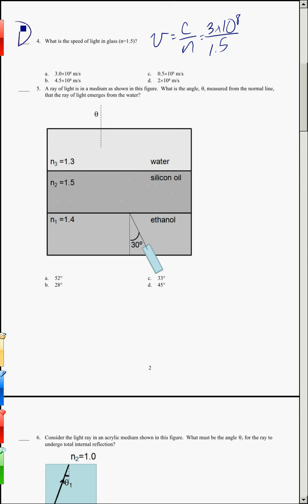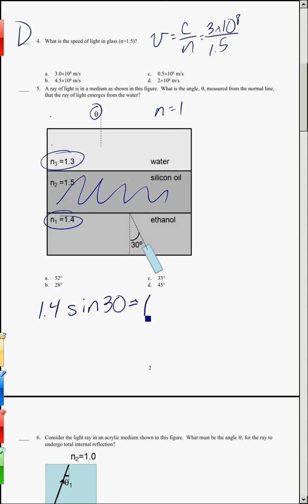A ray of light is in a medium as shown in this figure. What is the angle theta? What is this angle that the ray of light emerges from the water? Alright, so we can just forget about this completely, and we'll just figure out what is the angle going from here to here, and then the angle going from water to air. Alright, so for air, N is equal to 1. So first let's say 1.4 sine of 30